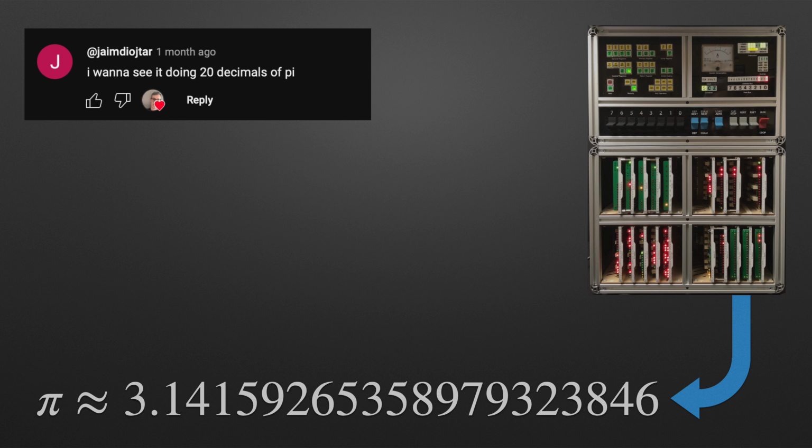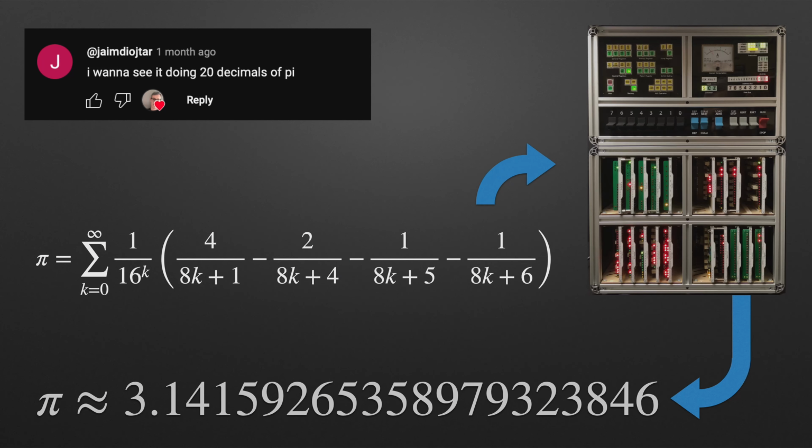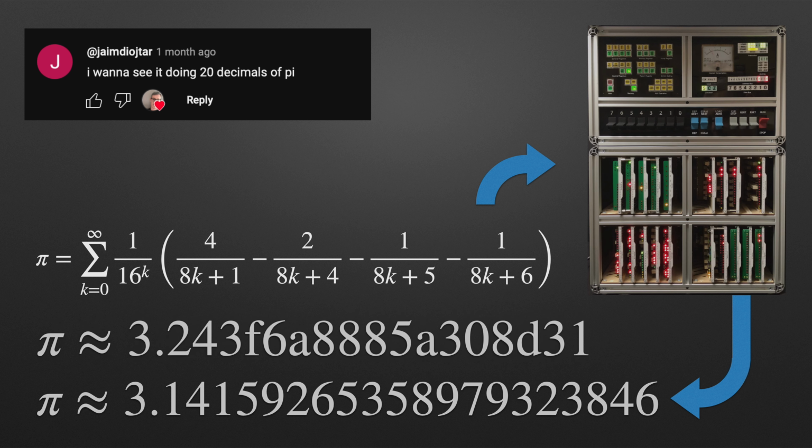How so? Well, there's many ways to calculate pi, but I've settled on a binary-friendly infinite series, the Bailey-Borwein-Plouffe formula, or BBP for short. Tiny issue though, the BBP formula produces a result in base 16, and so it would be pi in hexadecimal that my computer produces, and not decimal. That's not insurmountable though, and we already know how to convert between binary and decimal, and so in the last